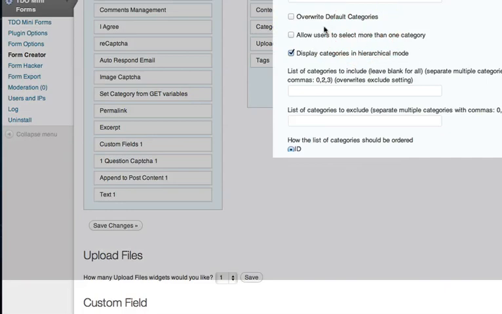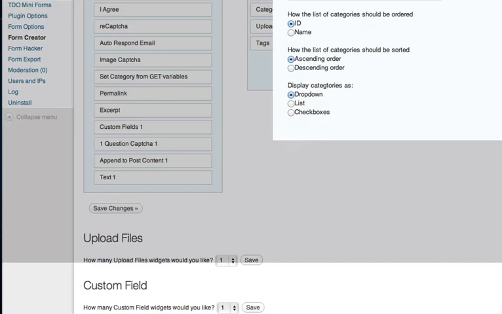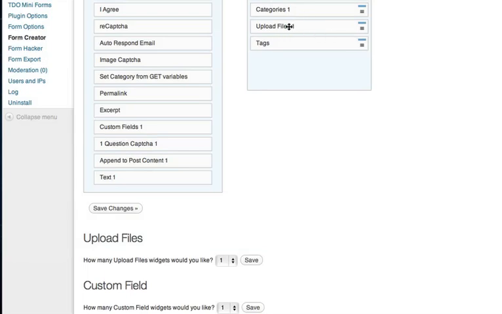It's going to display the categories in a hierarchy, and so folks are going to select the post that they would like. I'm going to go ahead and select checkboxes, and that way they can select more than one category if they want to. It's going to let them upload files and tags,